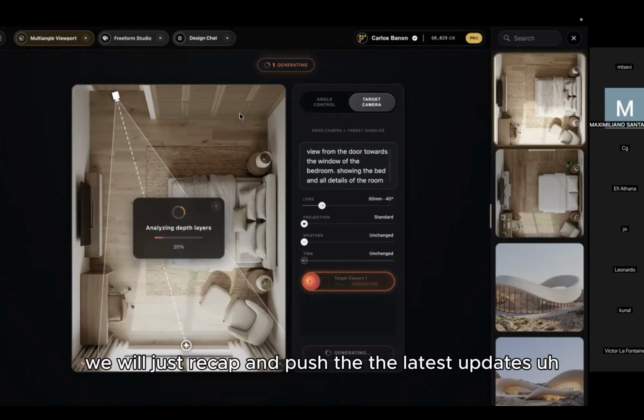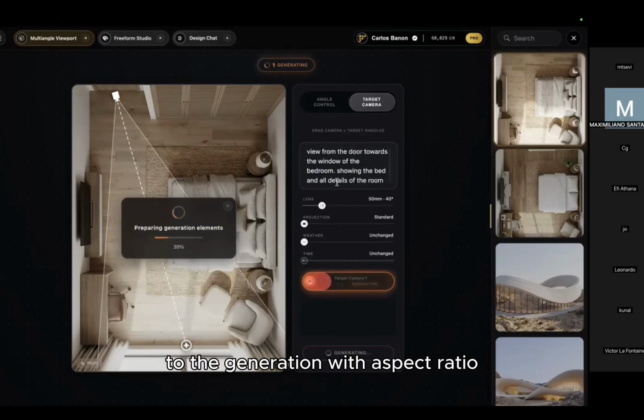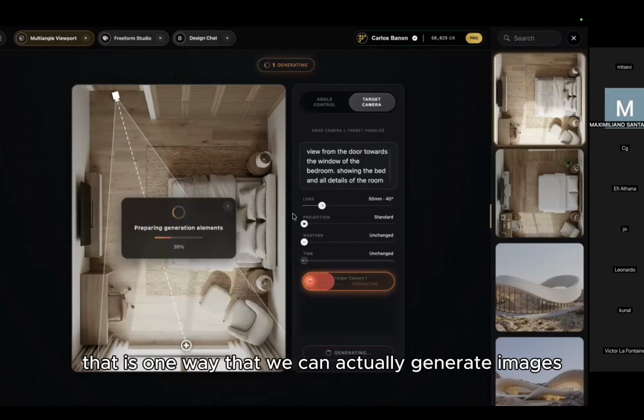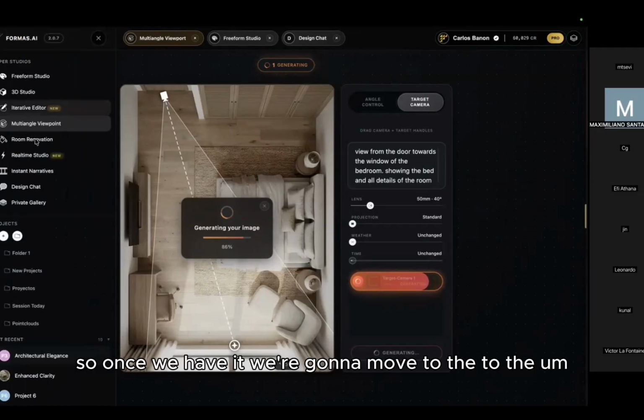We'll just recap and push the latest updates. So there was the Arena suggestion. You will actually get access to the generation with aspect ratio. That is one way that we can generate images, and that allows us to get a more consistent point of view regarding the configuration of that space. So once we have it, we're going to move to the